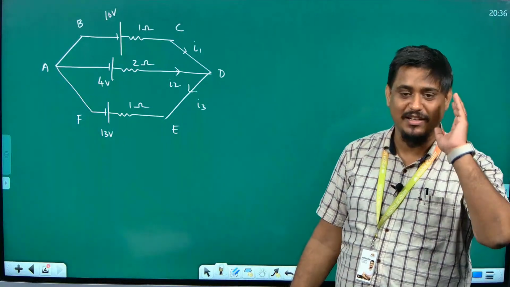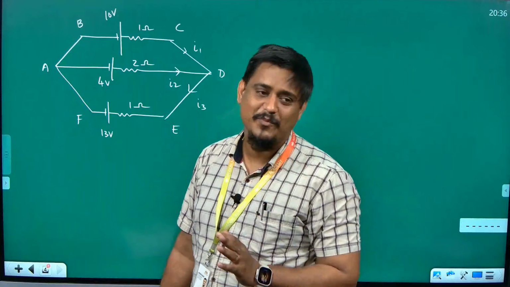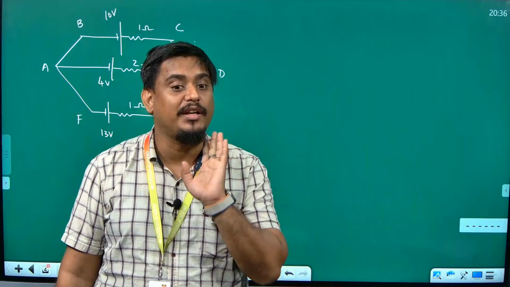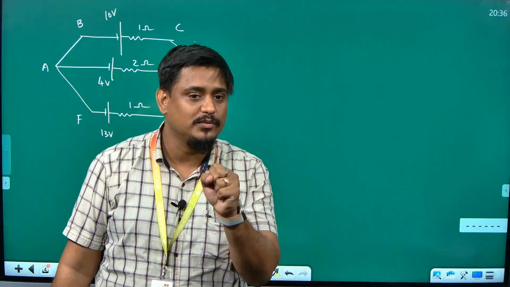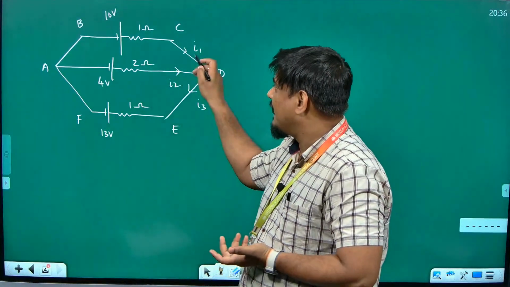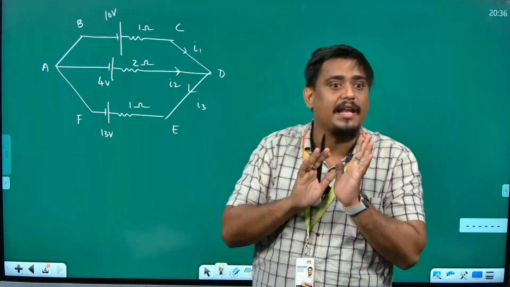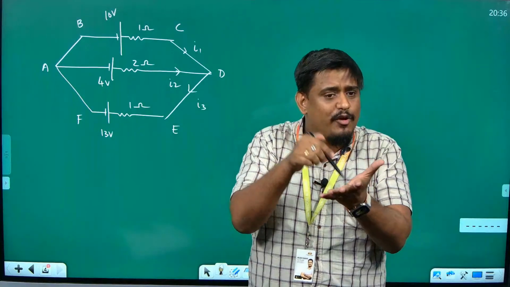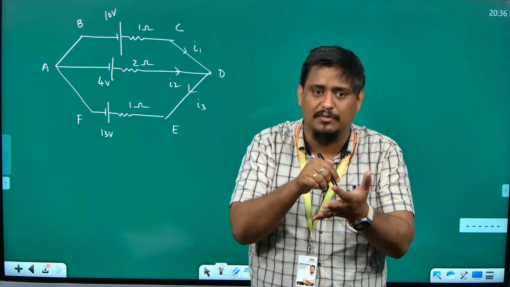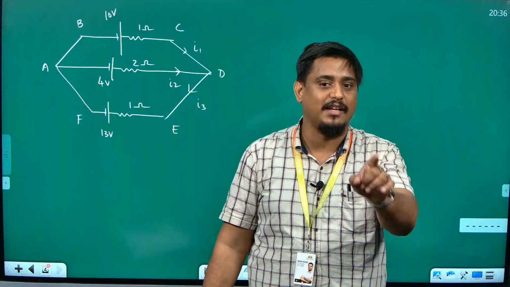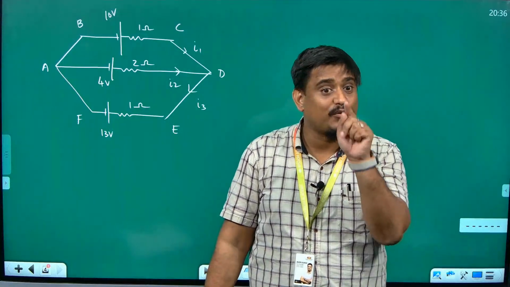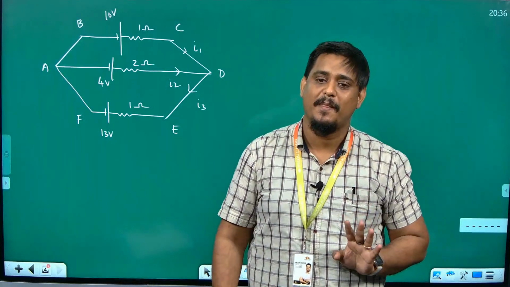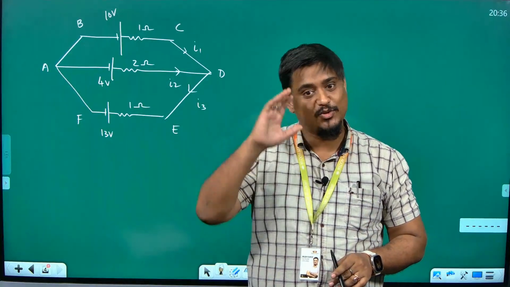See, one thing, those who are listening and in a mood to listen. In Kirchhoff law, whatever direction you want, you can take. Nobody is going to stop you. Suppose in this question, I take I1 here, I2 here, I3 here. You can take any direction, which is justifying your equations. If your answer of I comes positive, your assumed direction is correct. If your answer of I comes negative, your assumed direction is opposite. I told something very interesting. Those who understood, they understood.